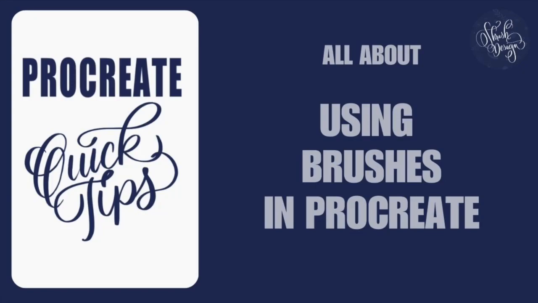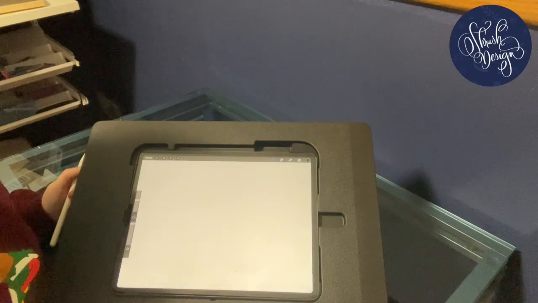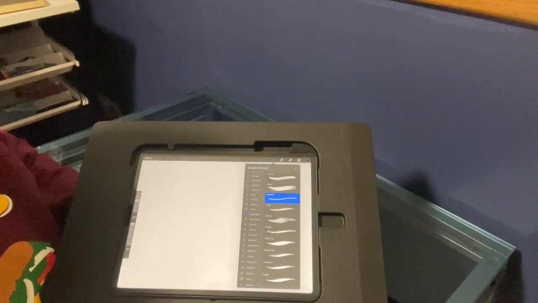In this video we're going to talk about using brushes in Procreate, and there's not much else left to that, so let's get started. So your brushes are the first three icons up there in your top right of your